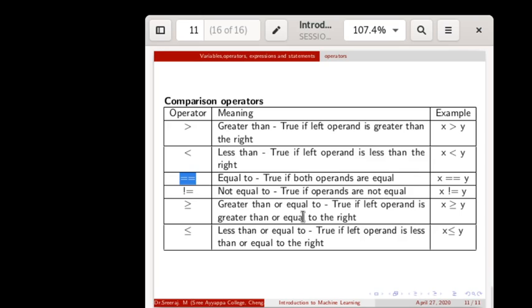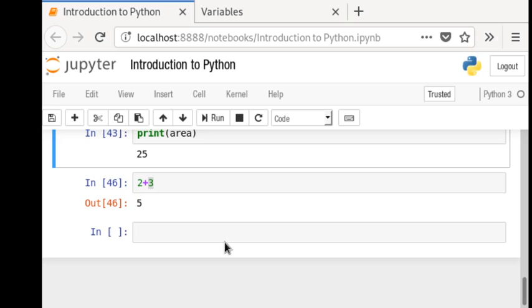And not equal to, true if both operands are not equal. And in this way we can express the greater than or equal to symbol as well as the less than or equal to symbol. Let's take an example of the comparison operators.